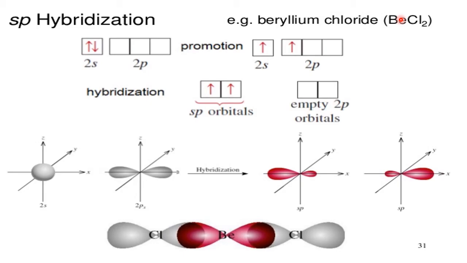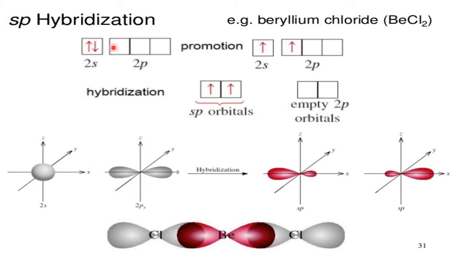Now beryllium, atomic number 4. So the configuration is 1s2, 2s2. So 2s is the valence shell, 2s is the valence atomic orbital, where we have 2 electrons. This is 1s2, I have not shown it here. Directly I am showing the valence part, 2s2. 2p is there because n=2 has started. That is the L shell started. So L contains what? L contains 2s, and 2p also is there. But 2p is empty. Okay, right.